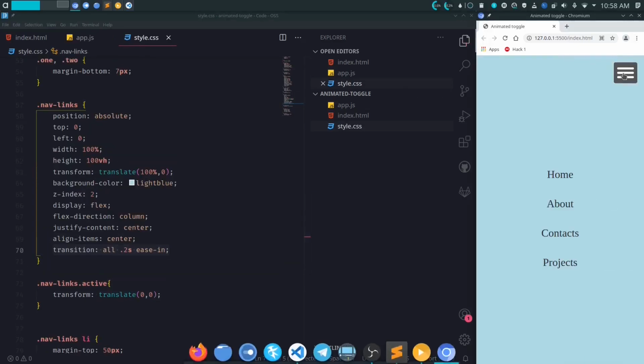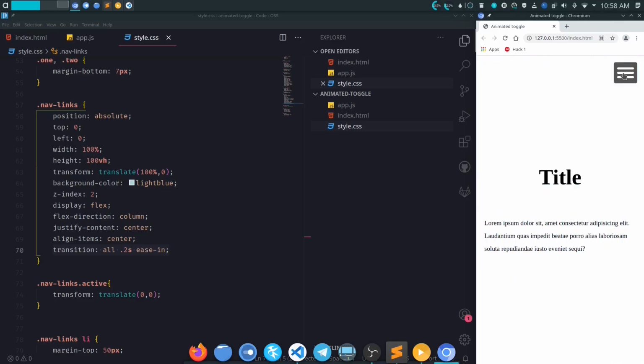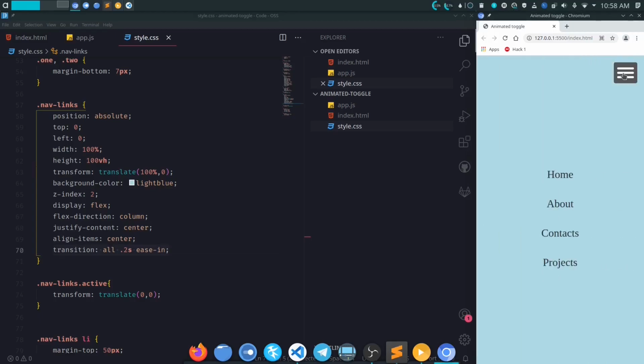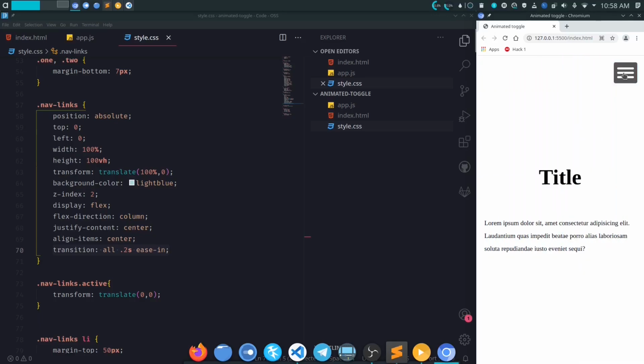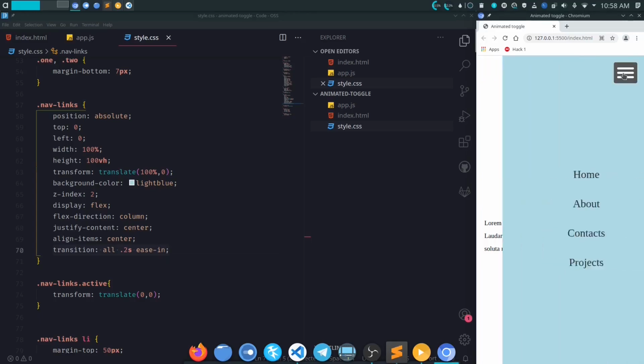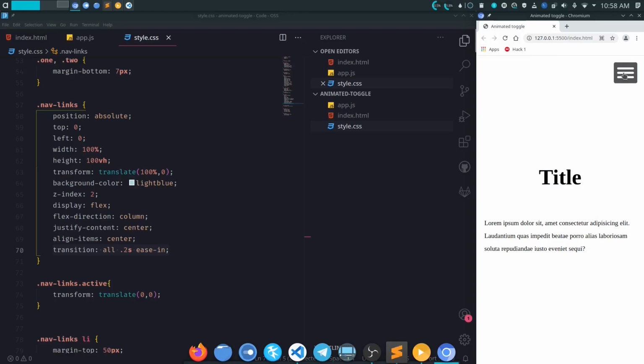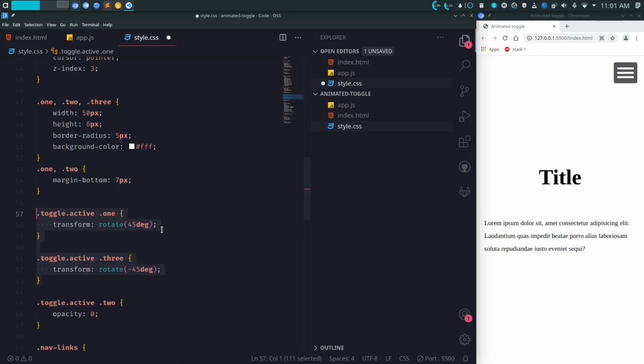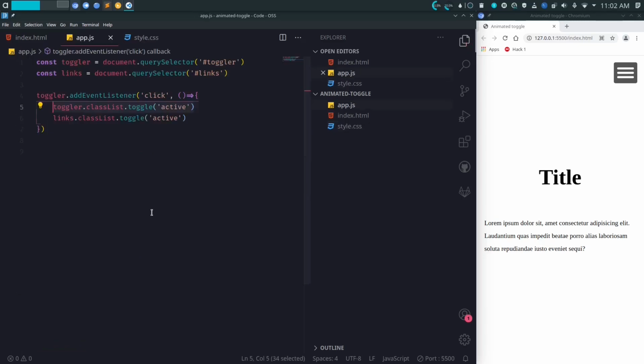Right now this menu is quite boring and non-informative, as it is the same when the navbar is active and inactive. I will animate these lines to form a cross shape when the nav is active, which will represent that clicking on it again will hide or close the nav. Here the idea is to rotate the first and last line by 45 degrees and hide the second one. When these straight lines are rotated by 45 degrees, they will be slanted. We will rotate one clockwise by 45 and another anti-clockwise by 45, which will result in slanted lines in opposite directions and hence creating the cross shape.